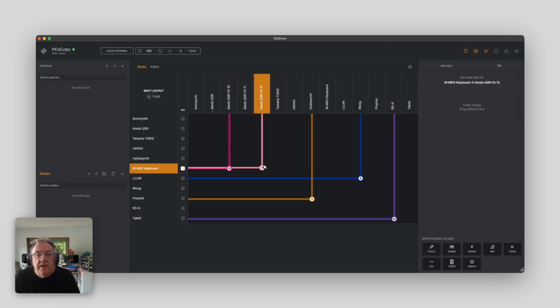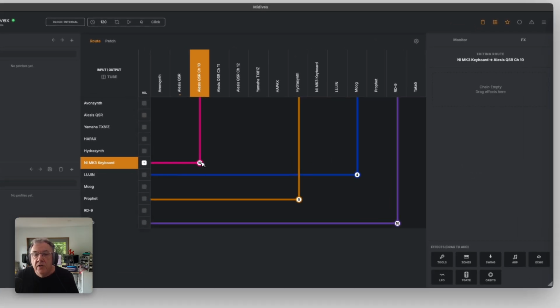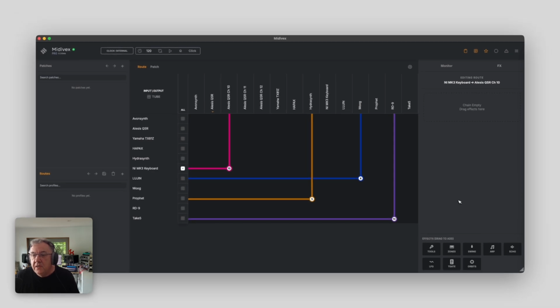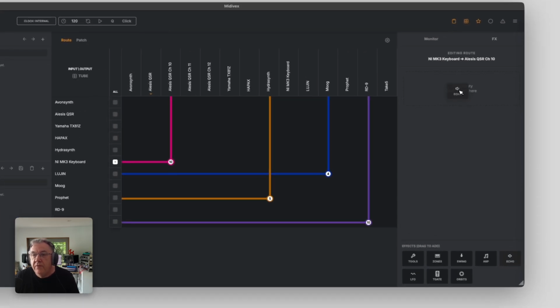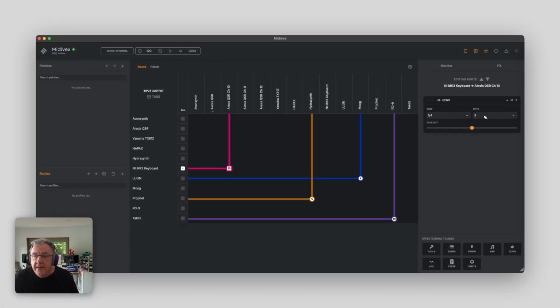If I was on, say, this particular route here, we're on the drum machine. You can see it because it's flashing as it goes. We can do something else. We can actually also click on it and add effects to this particular route. A good example is I might just drag the echo effect up onto here, and you can see it's on quarter at 3. And if I play that kick drum again,